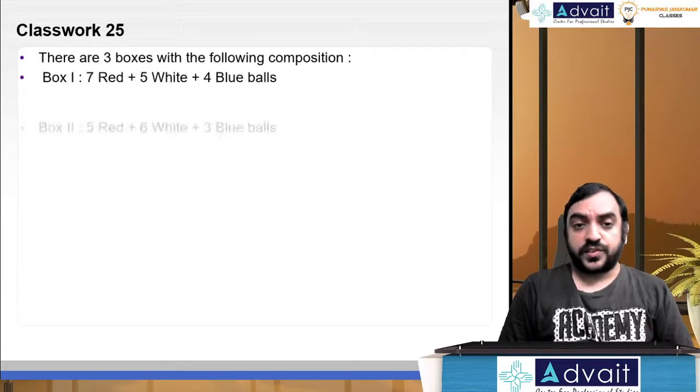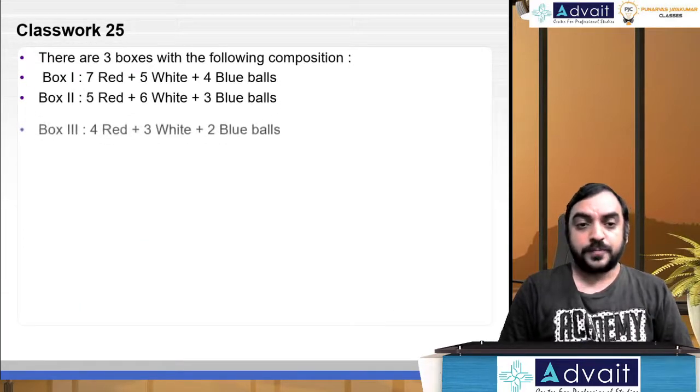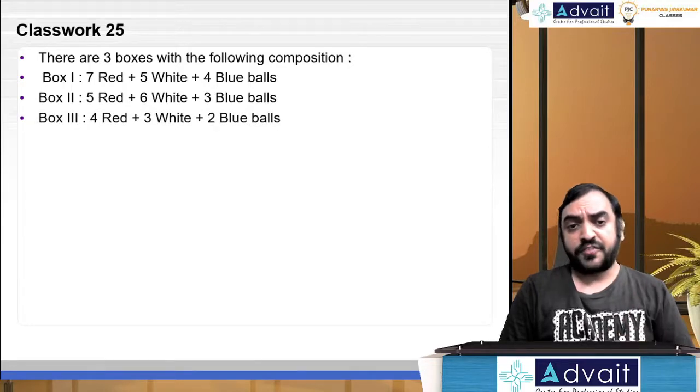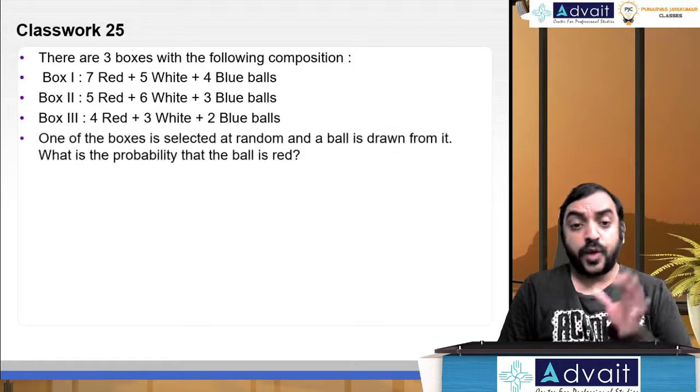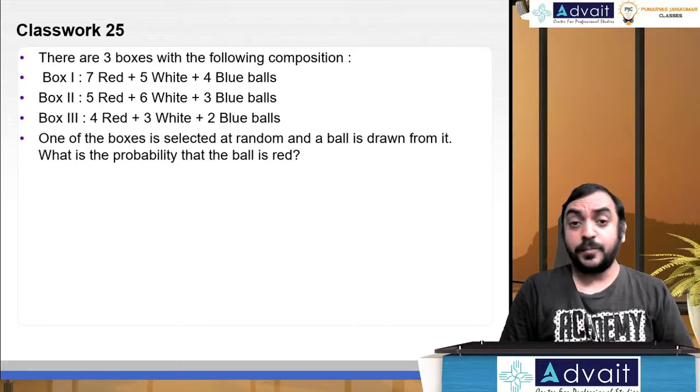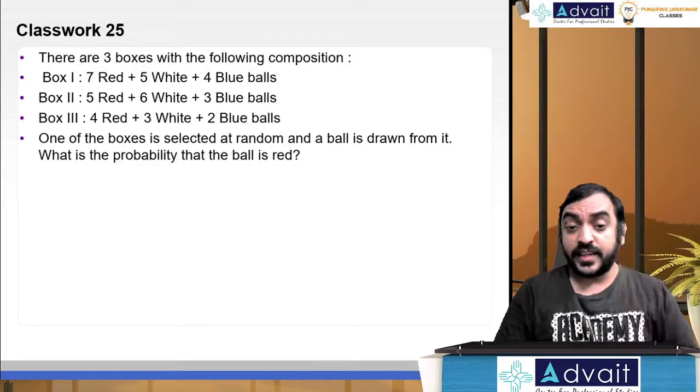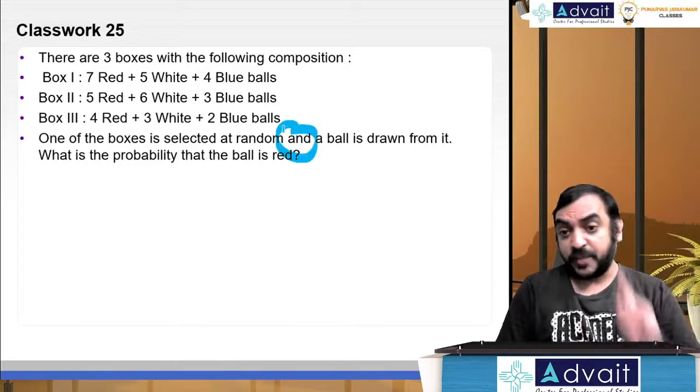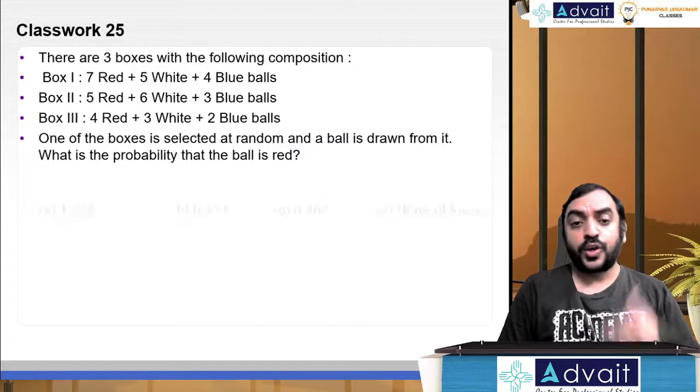There are three boxes with the following composition. Box 1, 7 red, 5 white, 4 blue balls. Box 2, 5 red, 6 white, 3 blue balls. Box 3, 4 red, 3 white, 2 blue balls. One of the boxes is selected at random and a ball is drawn from it. Two events are there. Whenever it is "and", we multiply. Keep it in mind. What's the probability